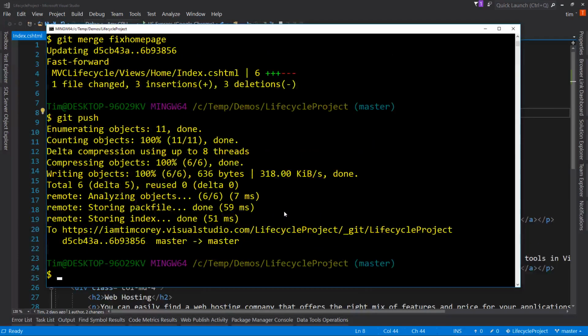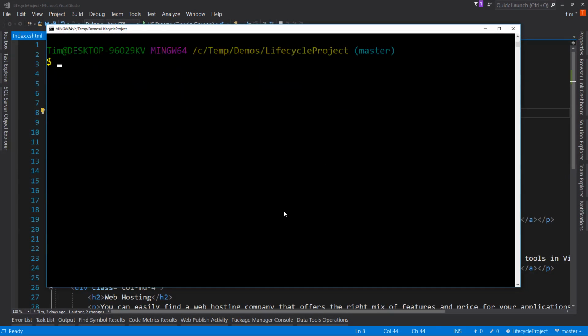Now remember, at this point, it's just kicked off a build process. Now, since I brought my changes into master and I've pushed them up and I'm done with that branch, I can do a git branch -d for delete, and then my branch name, which